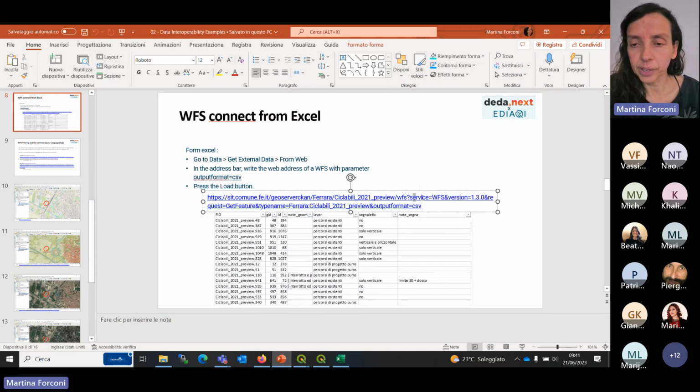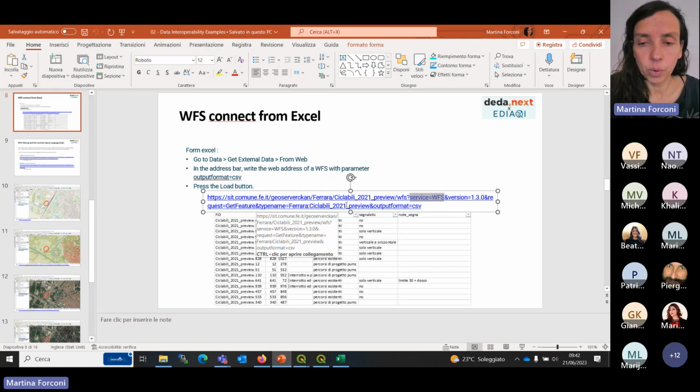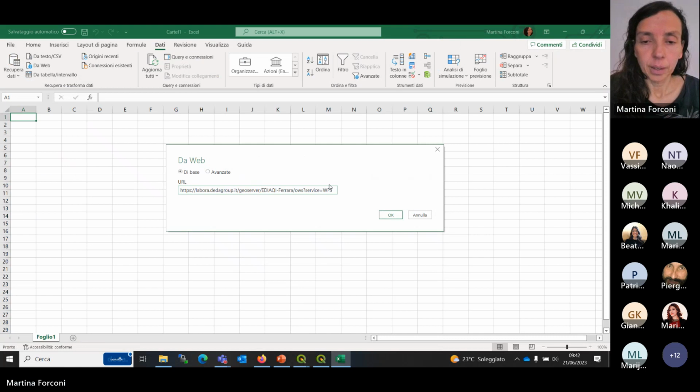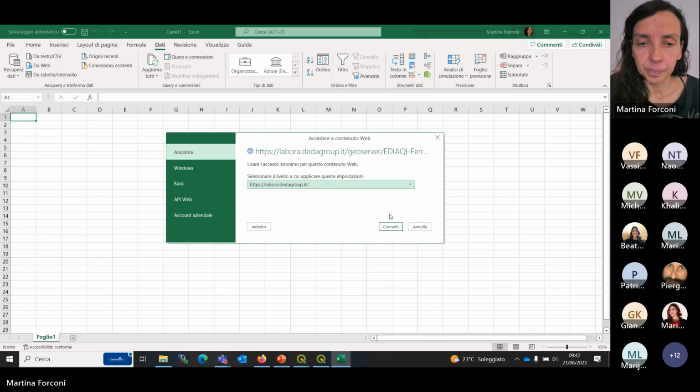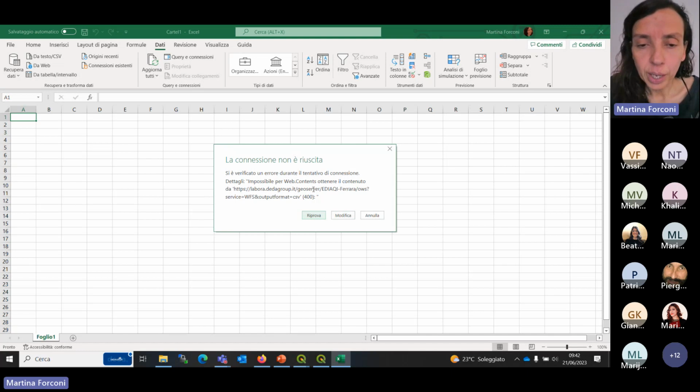No, because I have to write services WFS. The version I think is not mandatory. Let's try. So, the type of services. Then the output format. This one. Output format CSV. Okay, connect. No, it doesn't work. You can try this one.